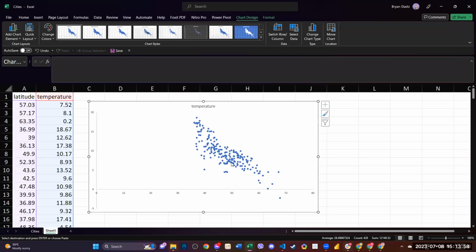So what we want to prove here is the correlation of temperature and latitude. So this one, we have the data of latitude and temperature. We want to plot it on a scatter plot. So this is our scatter plot. And let's say we want to guess the R square